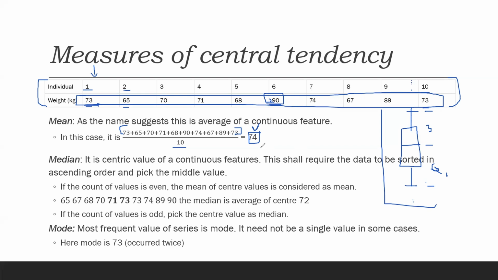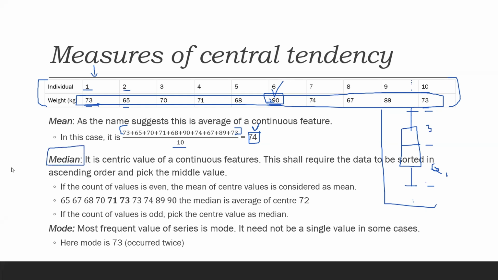Why I'm telling this is because average was the first thing we generally use. A common person who doesn't know about outliers will generally look at the mean. So what should we look at if there is an outlier in the data set due to some reason? It can be a genuine reason, or it can be a typographical error. If there is an outlier, what should we look at if not the mean? Then there is something called the median.